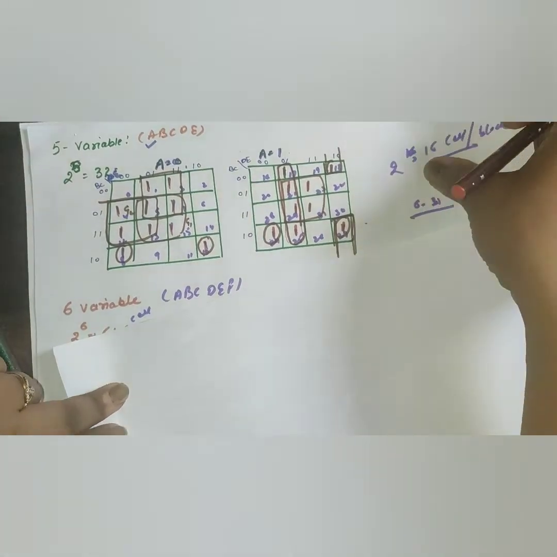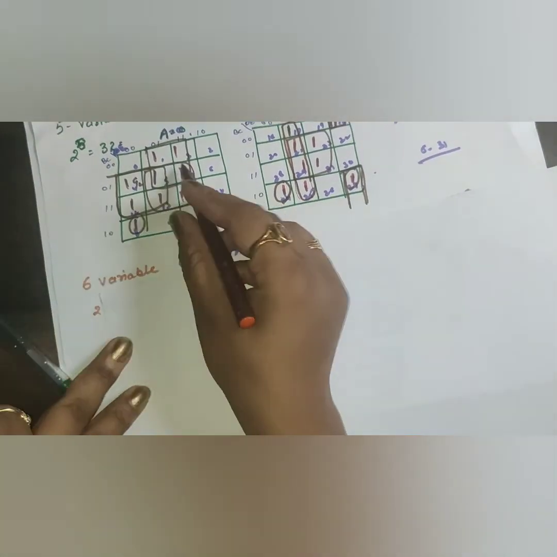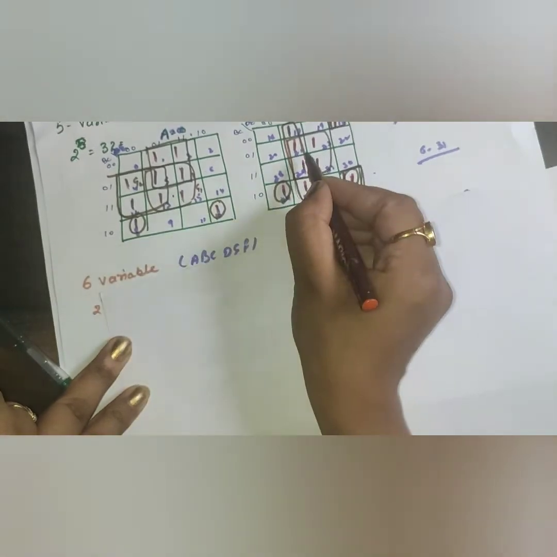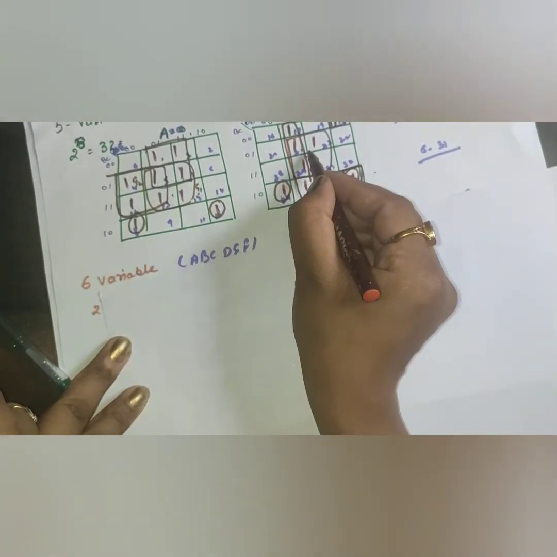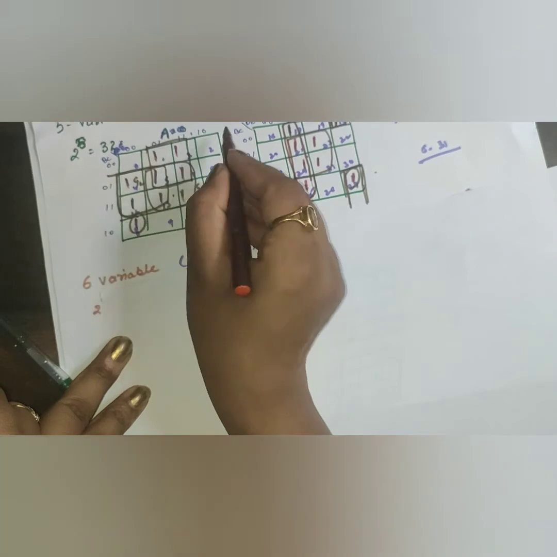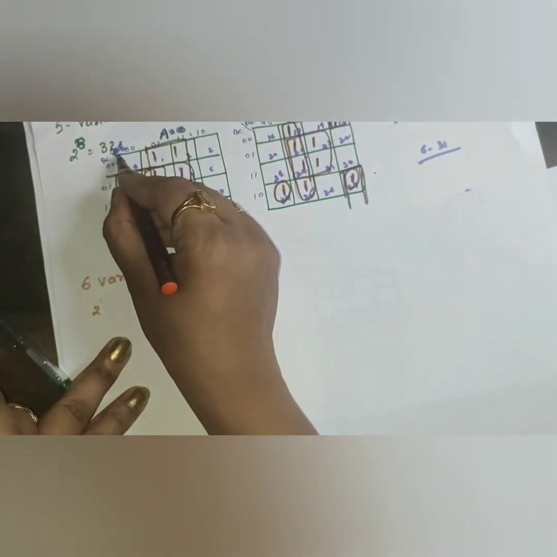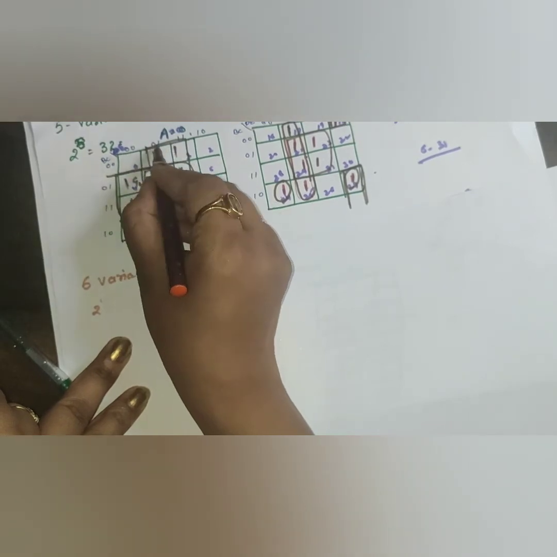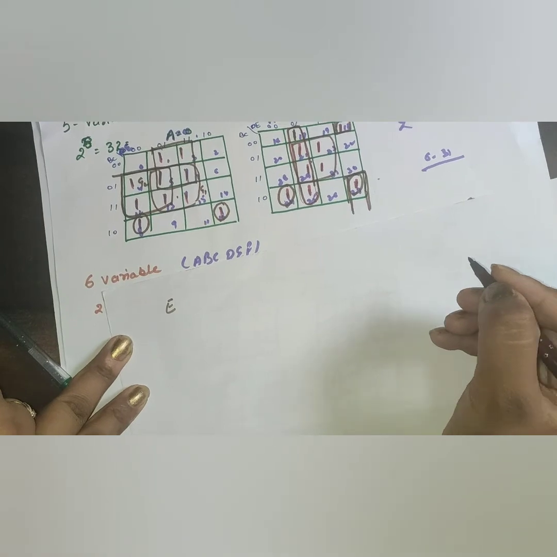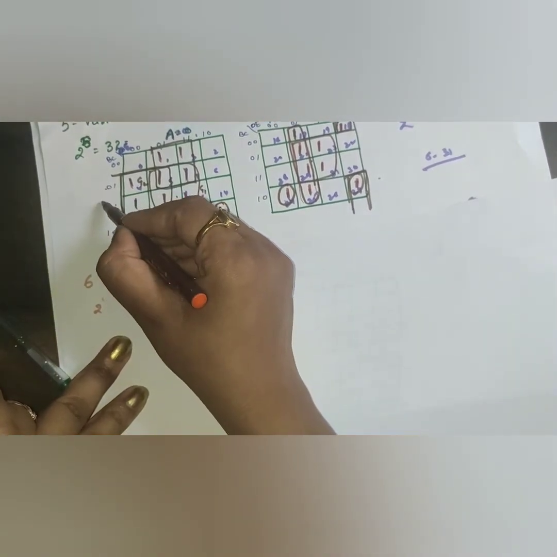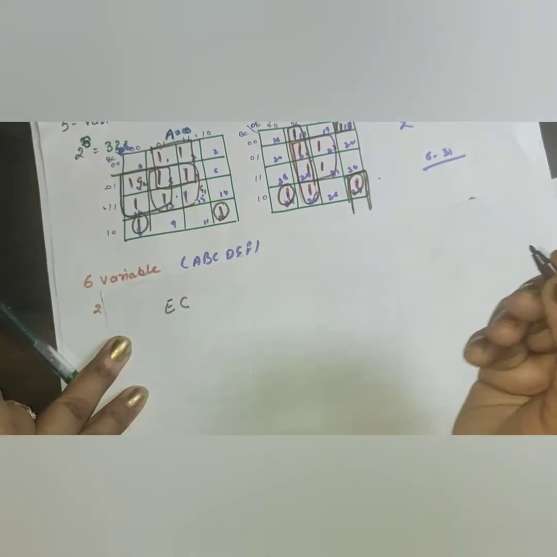You can write here. You can check from this group 1. You can check from this to this. From this to this you can check 0 because the conditions are same. So from this to this, D is going 0 to 1, E is going 1 to 1. So only E is there. Now from vertical position you can check. B is going 0 to 1, only C is there.